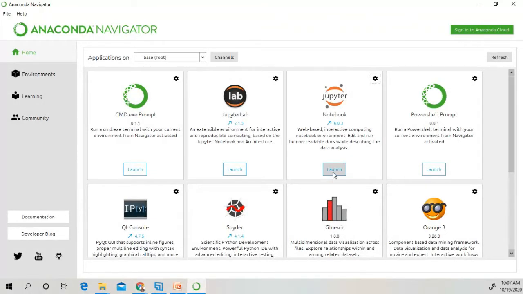First of all, this Anaconda Navigator is free and open source, and you can download it directly from the Anaconda website.